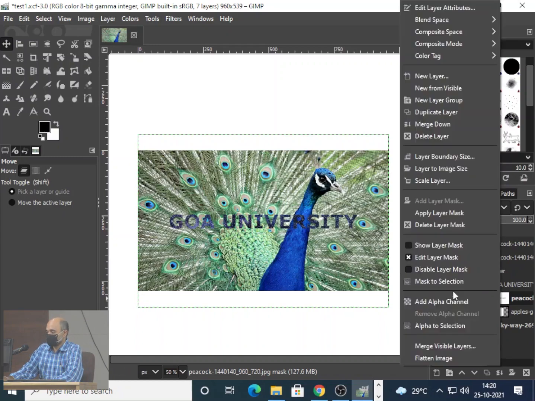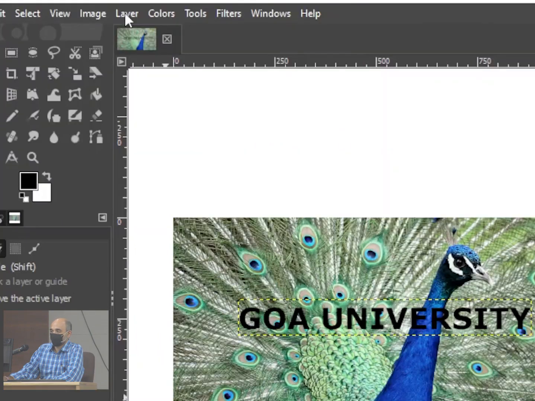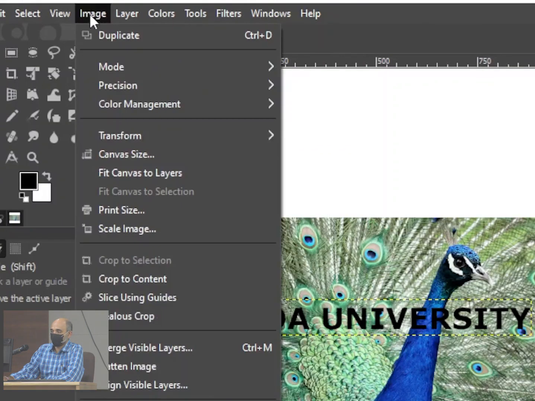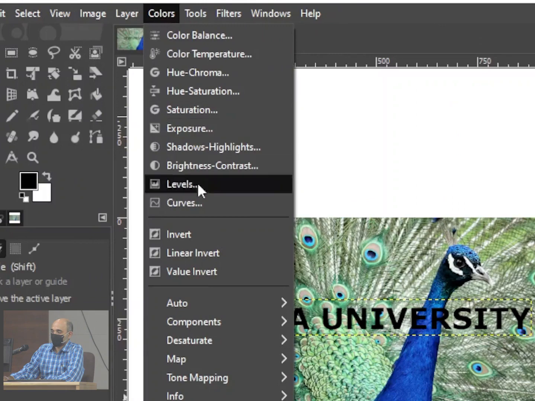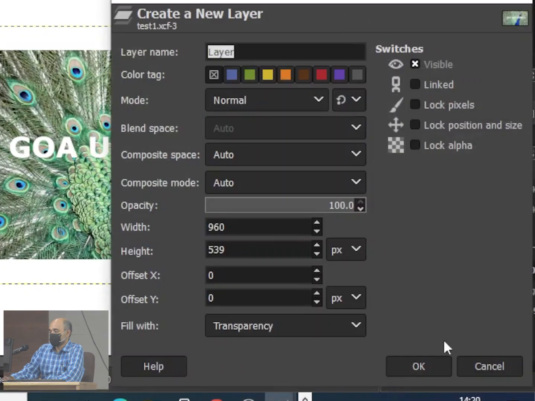I'll repeat this, so don't worry. We have got a text already which is in black. There is an option here called invert. I have inverted this. I have to create one more layer because a layer is important.